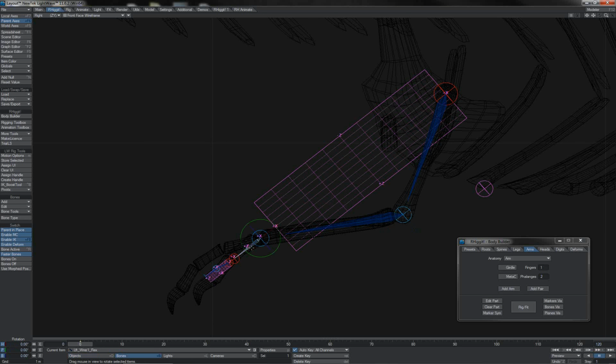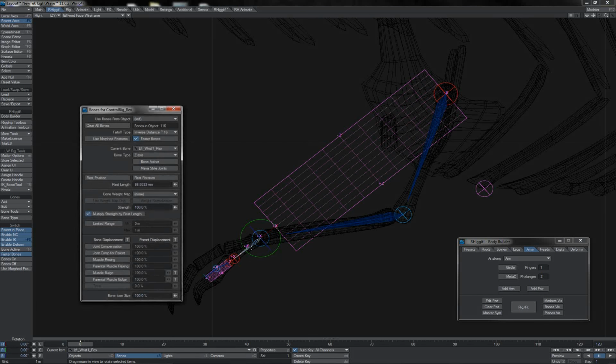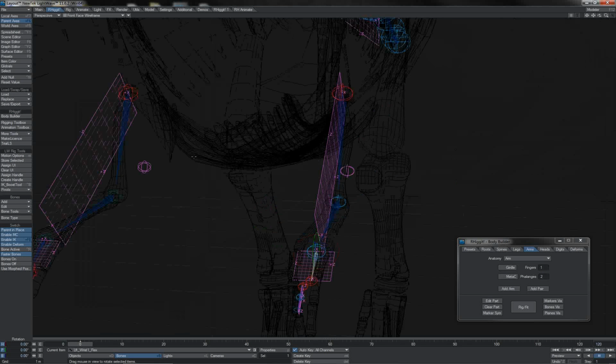T-Rex doesn't really have a hand, he just has the fingers almost attaching directly to the wrist, or at least he does in this model. So at this point, whilst I remember, I'm going to take the hand bone there and set it to 0% strength, because we won't actually use it at any point, and I'm going to make sure that I do the same thing on both the left and right hand